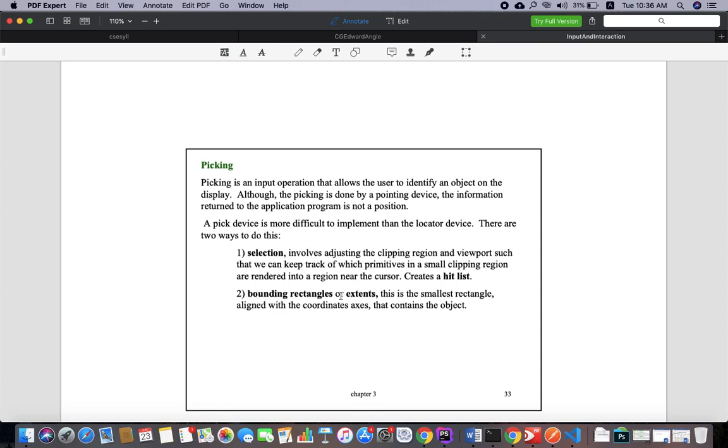Now what are the boundaries or rectangle? That is nothing but when you crop a particular photo, you select a particular rectangle, or bounding rectangle, or extents, right? That part will be selected, and the other part will be cropped, and that is what we call a bounding rectangle, which happens in picking. This is the simplest stuff. So what is picking? That is the picking definition, and there are two types of picking: one is a selection, the other one is a bounding rectangle. And this completes the first part of the fifth module, right?